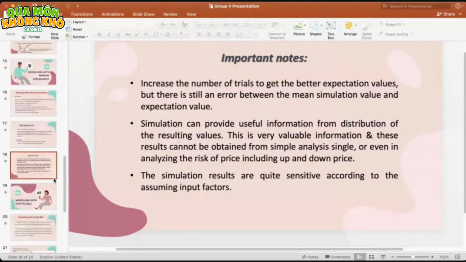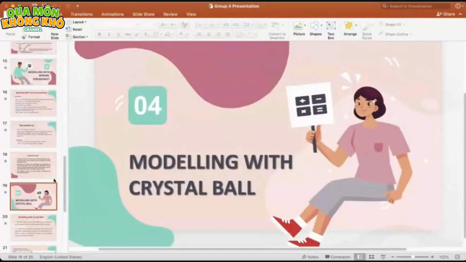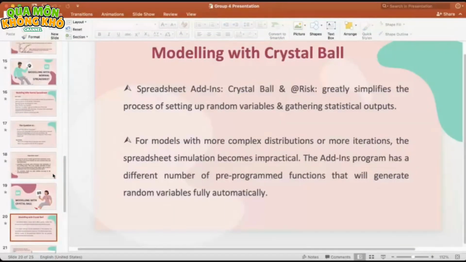And the next part is the modeling with Risk Solver. I will introduce you to Risk Solver, but I cannot give you an example because I cannot install it. In Excel, we can use Risk Solver to really simplify the process of setting up random variables and gathering statistical outputs. Because you know that